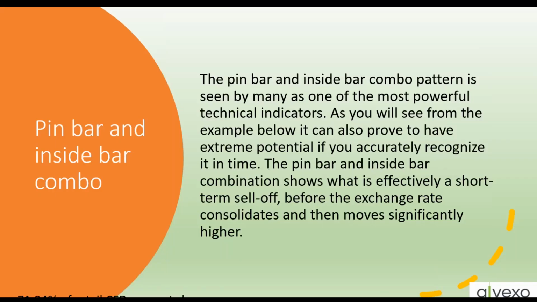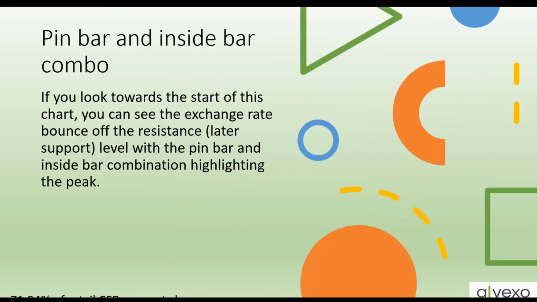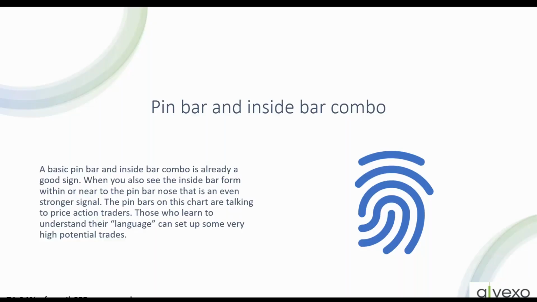Now, there are many different ways you can read price. You can use pin bars and inside bars and outside bars. You can use rejection patterns and candles. You can use bullish and bearish engulfing. You can look for a doji forming directly on the resistance or support level. Okay. You have to decide which